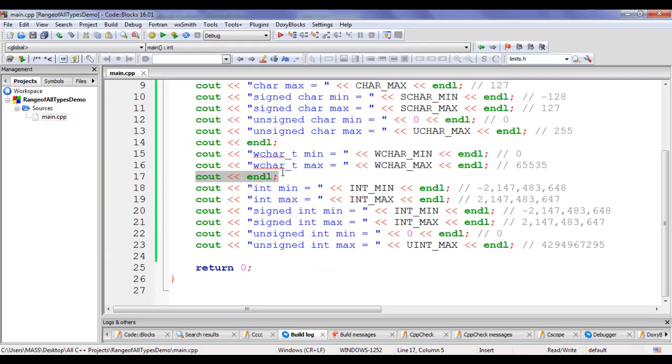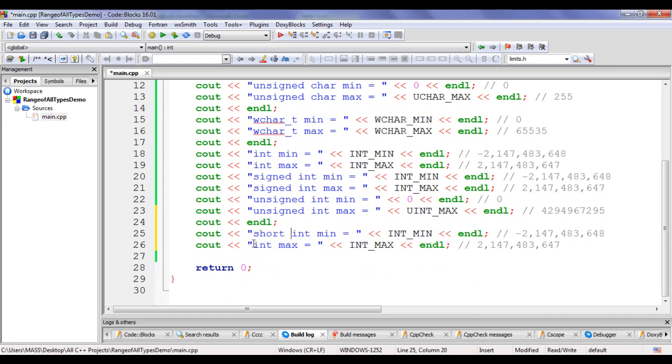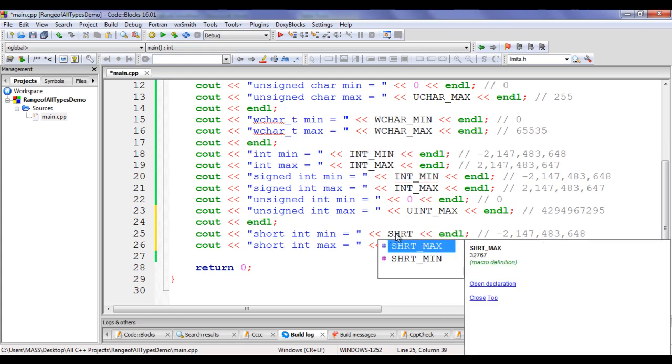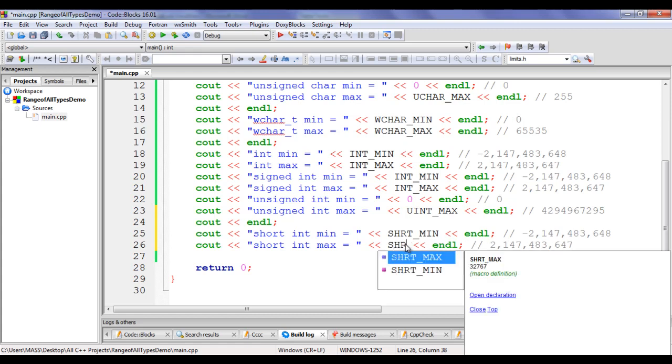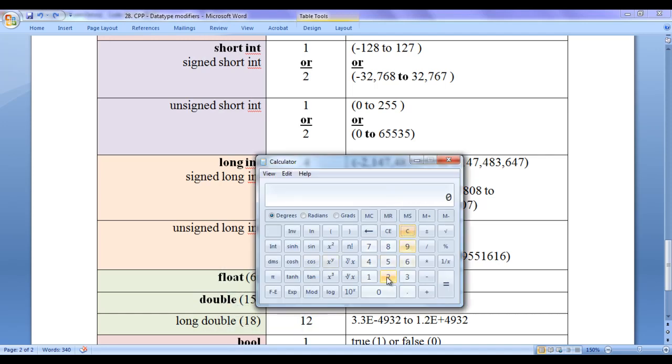I'm going to copy this line of code and paste down. I'm going to copy these two lines of code and paste down. Here I say short int min, short int max. We have SHRT_MIN and we have SHRT_MAX, guys. In my computer system, short int, signed short int and unsigned short int are of 2 bytes, guys. 2 bytes is equal to 16 bits. So 2 raised to the power of 16 is equal to 65,536. So a total of 65,536 values we can store inside short int, signed short int and unsigned short int type memory,